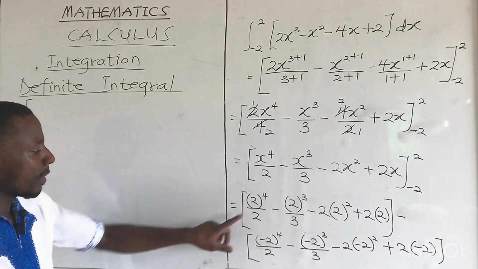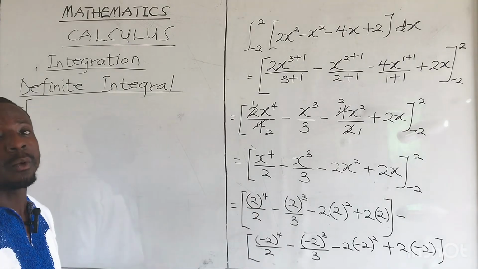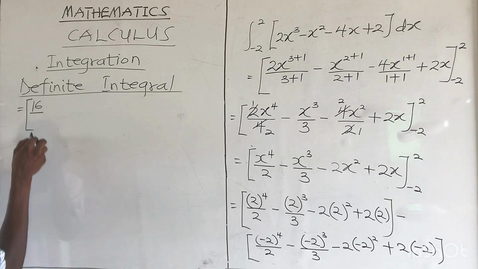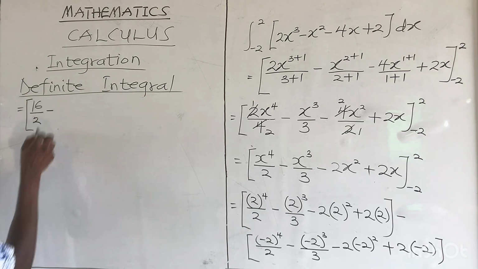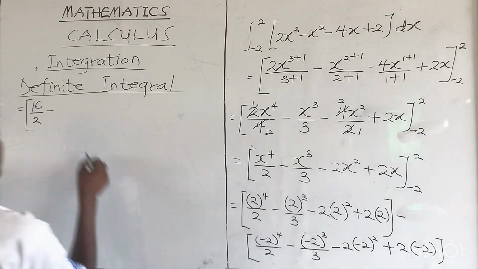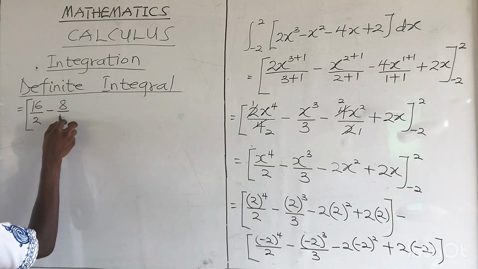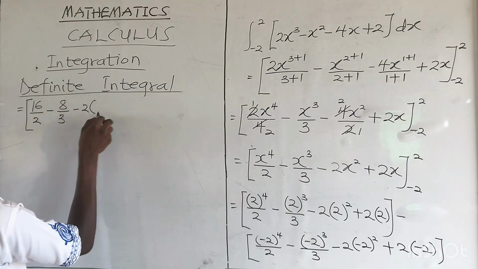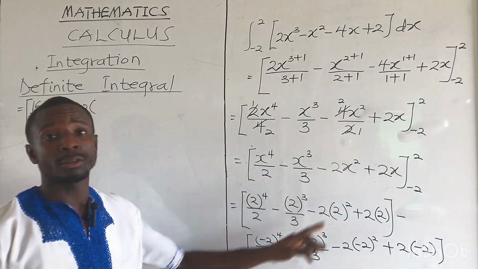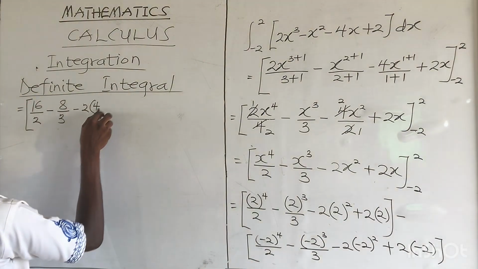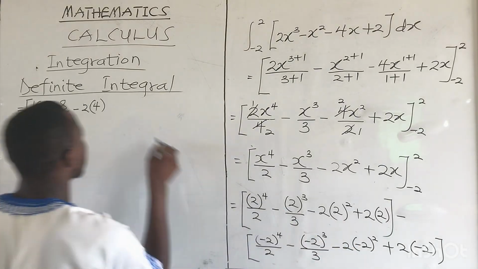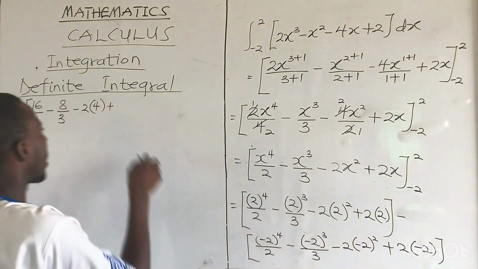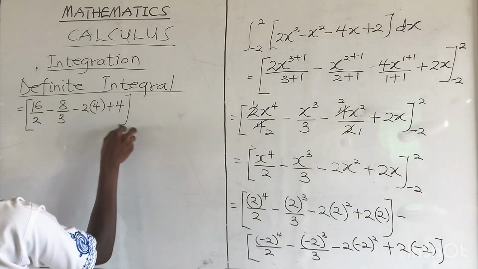From here, 2 exponent 4, we are going to get 16 over 2, minus 2 power 3, we have 8 over 3, minus 2 multiplying 2 power 2, we are going to get 4, plus 2 times 2, we have 4. Minus,